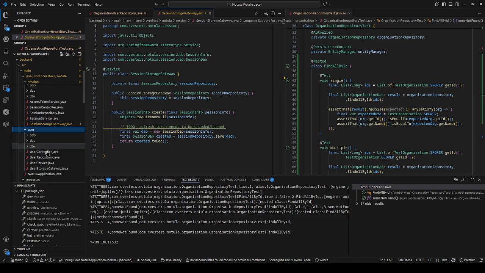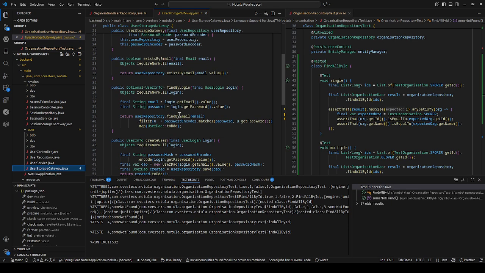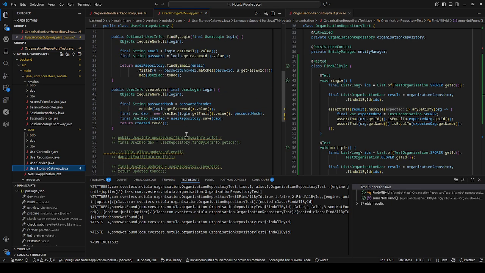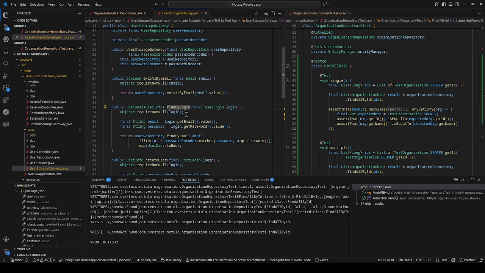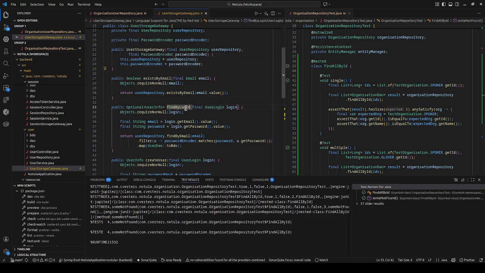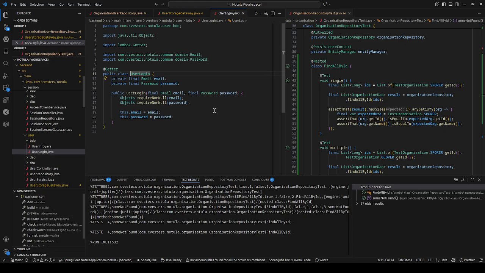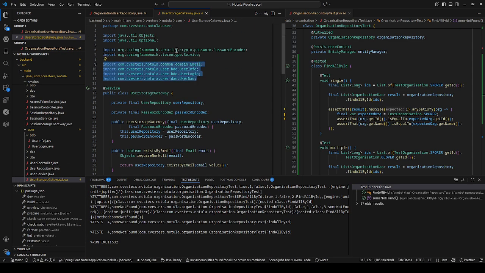Doesn't user have it? Probably user already has it, no? Exists by email, and then you get an email, find by login. Yeah, these are real objects. But I think in this case, it's not worth it to get the actual and to use an object. Login is more complex. I mean, it has username, password, I guess. But in the case of, if you say like, okay, I want to see all the organizations for this user,